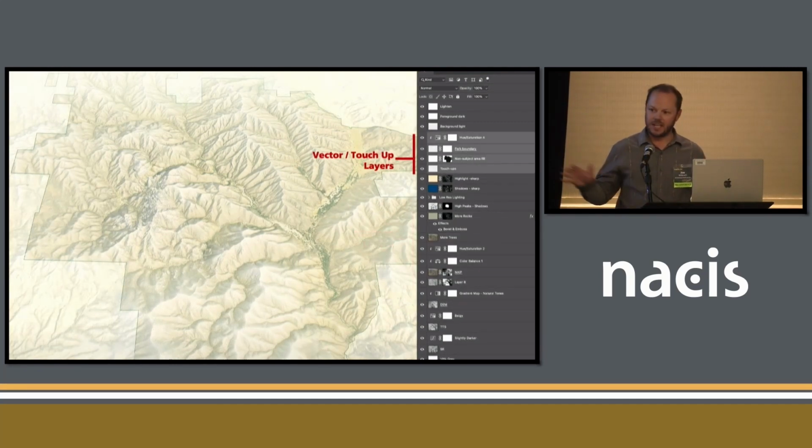After I've got my base map looking fairly good, I'll make a number of little touch-ups. Those are always, I can't go without them, but I also bring in the park boundary, which is an SVG file that you can render from Natural Scene Designer, import that into Photoshop based on the map's extent, and then we'll mask out anything beyond the park's boundary,